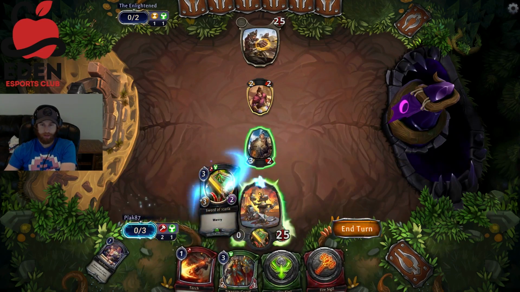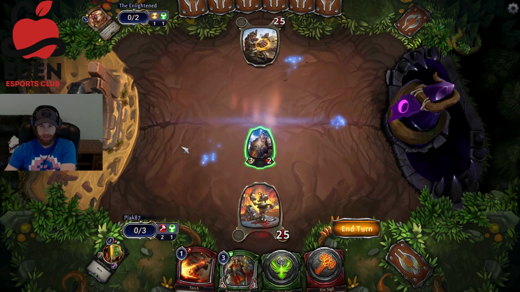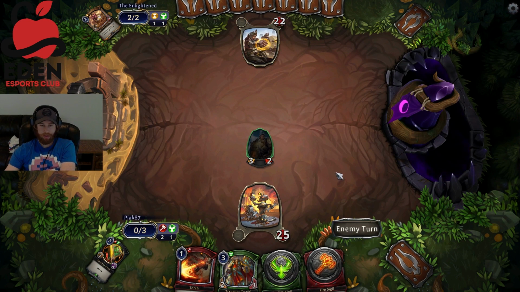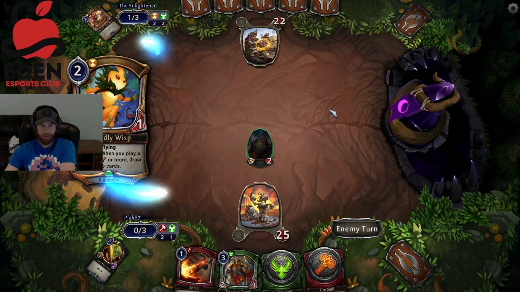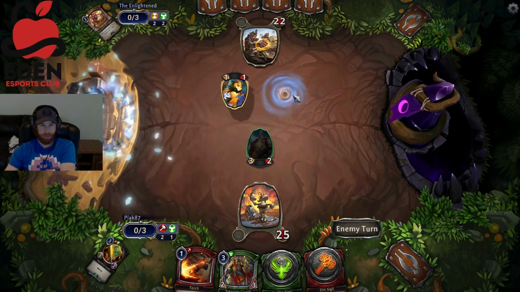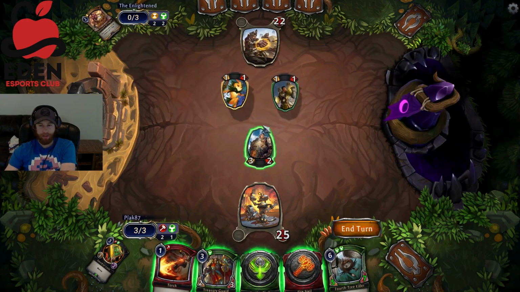We will actually get the weapon and clear this off. And then attack for 3. Problem is we're kind of depleting our hand pretty quickly. We definitely want to get rid of this guy too, and this guy. We don't want them to play their ultimates. Paying 8's pretty crazy, but